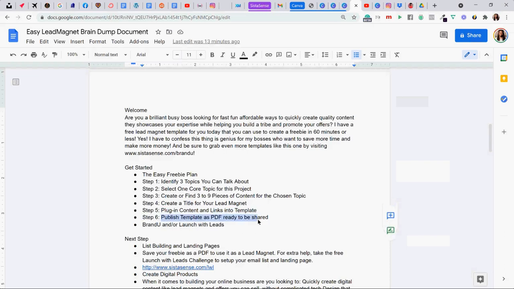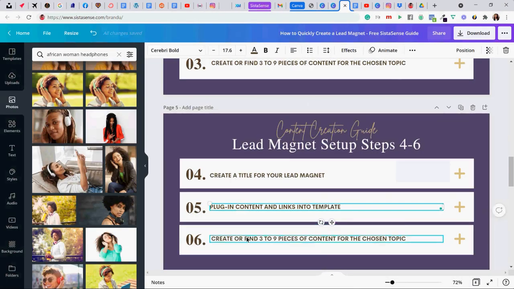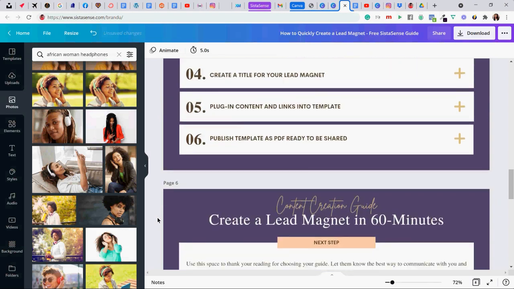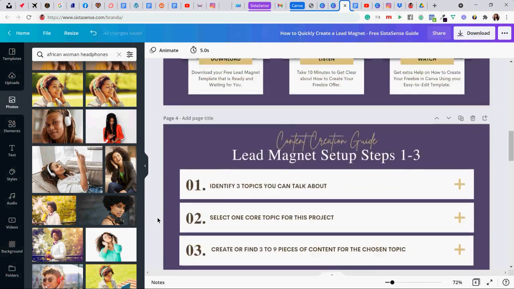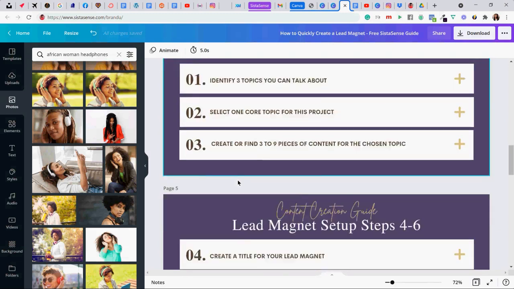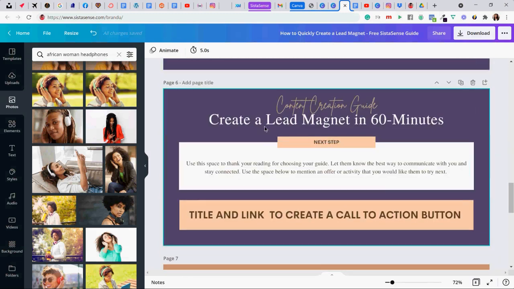Step number 6. So now that I've got that checklist in there, and by the way, if you find that there are pages in the template you don't want, you could easily just delete them. So then the next step page is